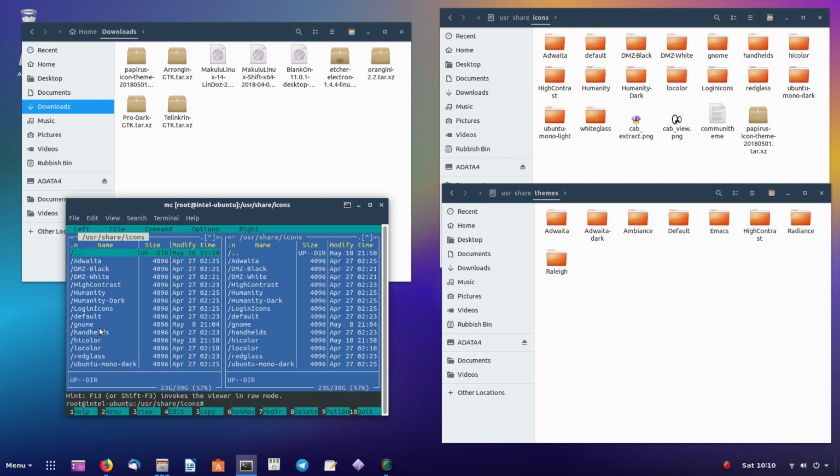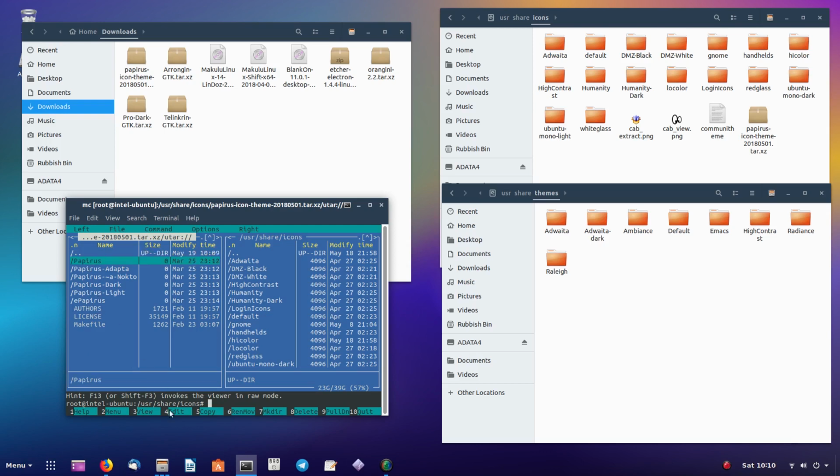Now we can see in there's our Papirus. Now what we want to do is open that up. Now what we've done is we're looking at the folders inside of this zipped folder, zip file. So these are all the zipped ones. Now what we could have probably done this from the downloads, I think. So, but what we'll do is this one here, we shall